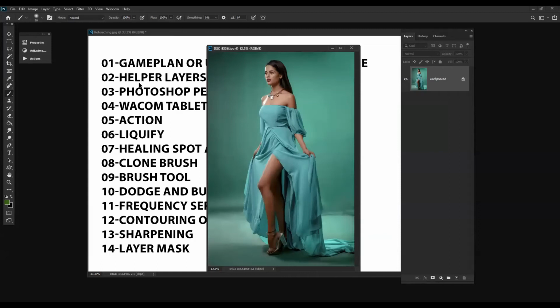Suppose it's a body liquefaction, always try to liquefy the image before you start doing the adjustments of the blemishes and dodging and burning. Always try to do the adjustments beforehand only in liquefy. Let me open a basic liquefy.